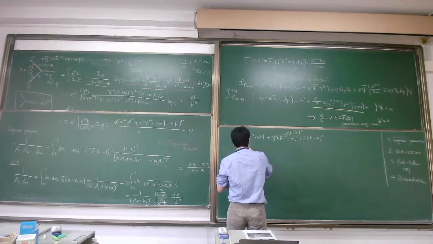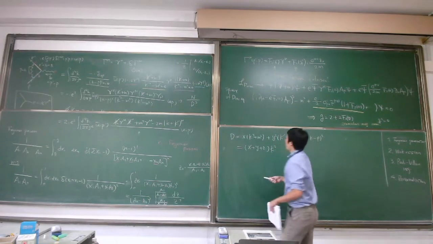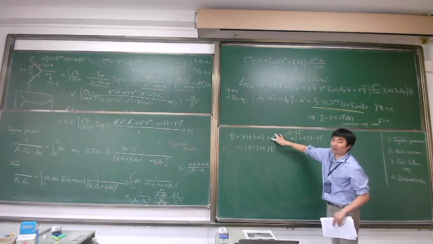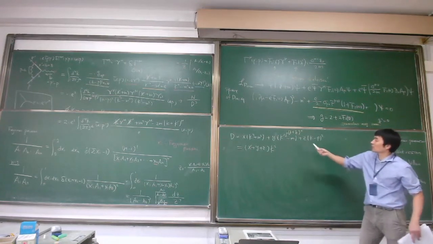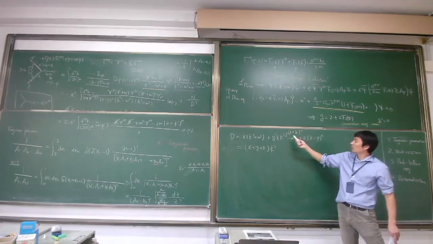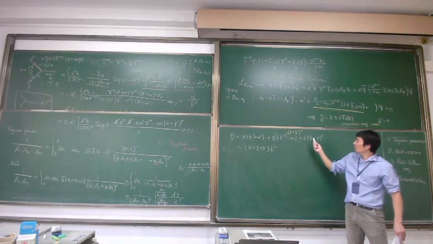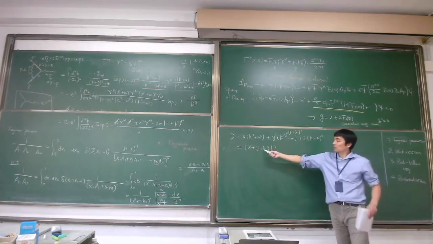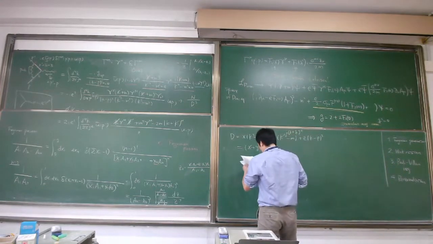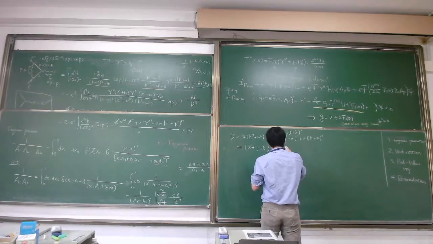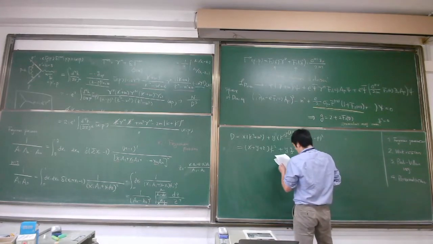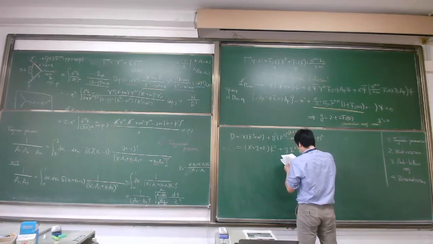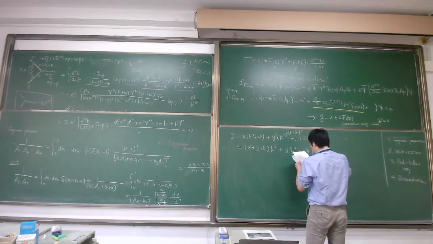So then what we have is x plus y plus z times k squared. Oh, sorry, there's no square here, be careful. So I just expand the k plus q squared, and you have x k squared plus y k squared plus z k squared, and then what you have is y q squared, that comes from here, and then plus 2y k dot q plus z